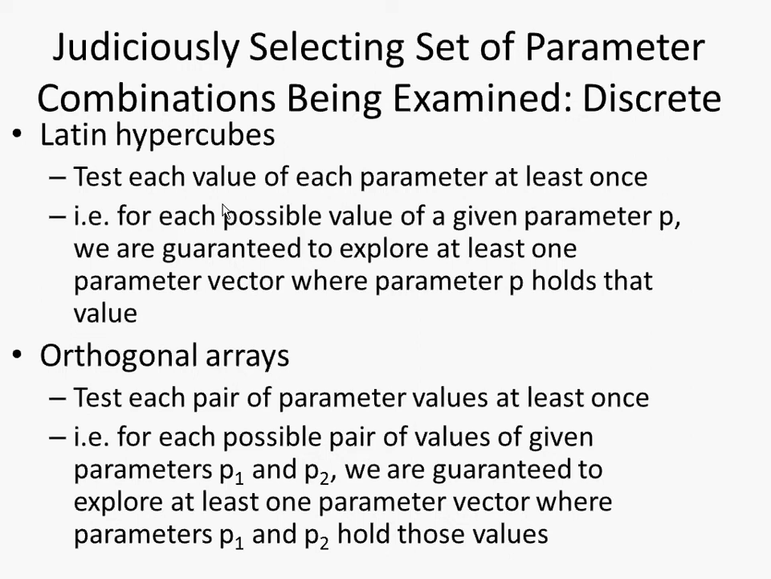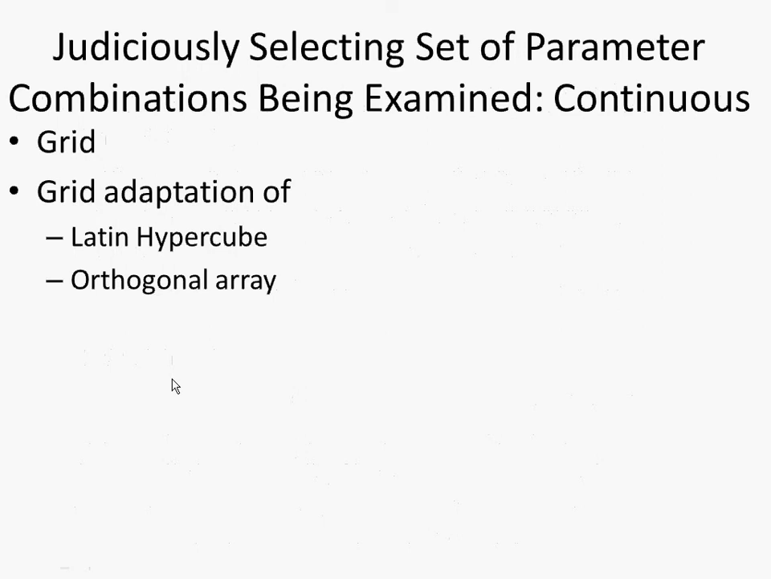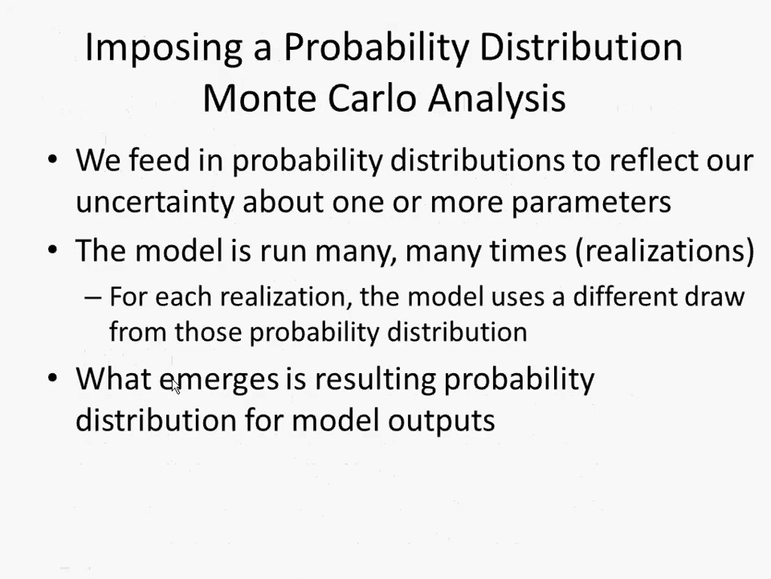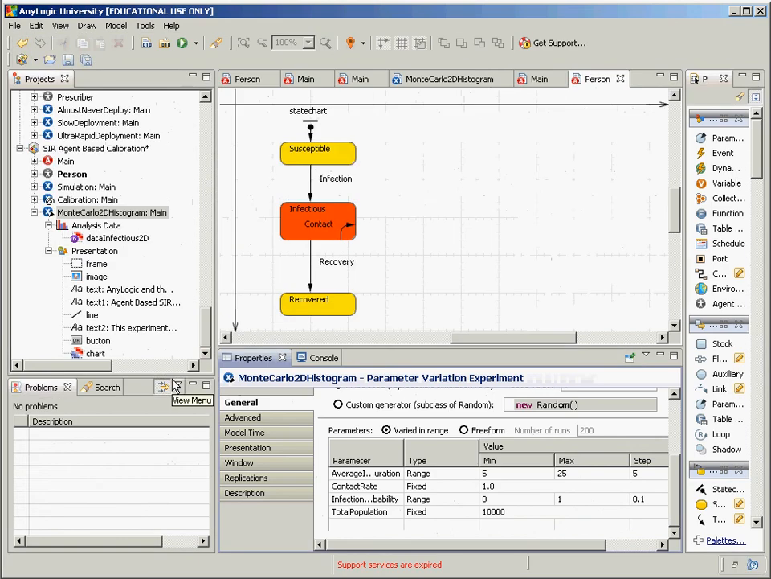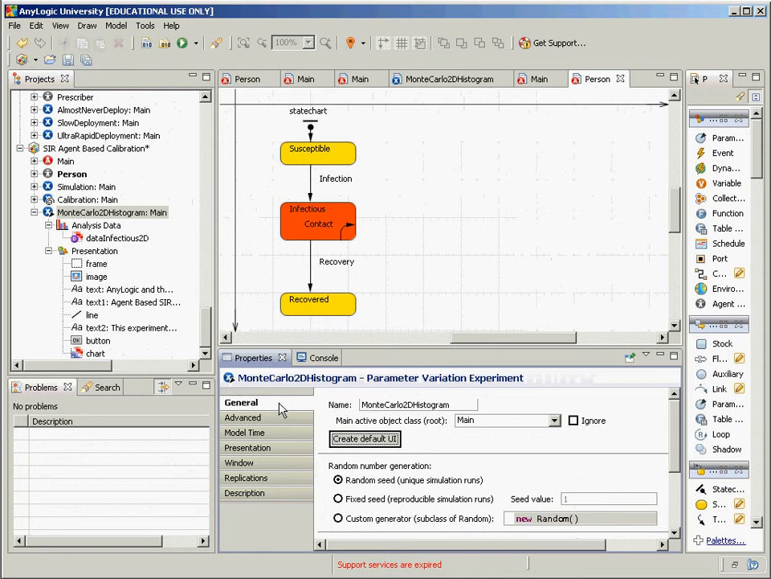Similarly, for orthogonal arrays, you have all guaranteed pairs of values. And as Scott emphasized earlier, there is automated software which will automatically spit out for you combinations of values that work. And you could then impose those values on the parameters. How would you do that? Well, without going into an actual example, one thing you could do is, here in Monte Carlo 2D histogram,